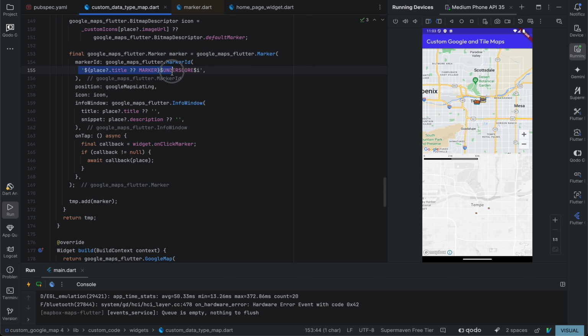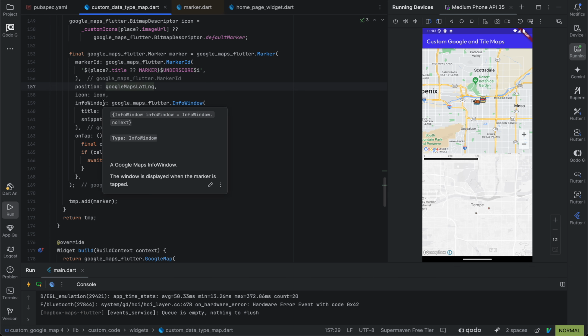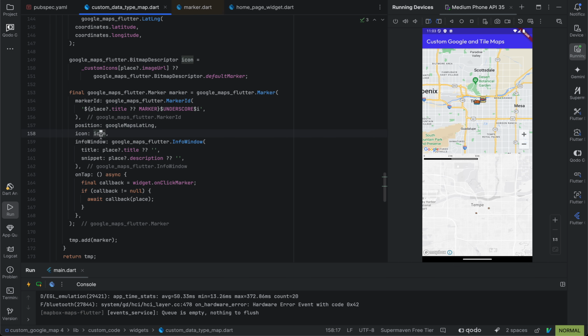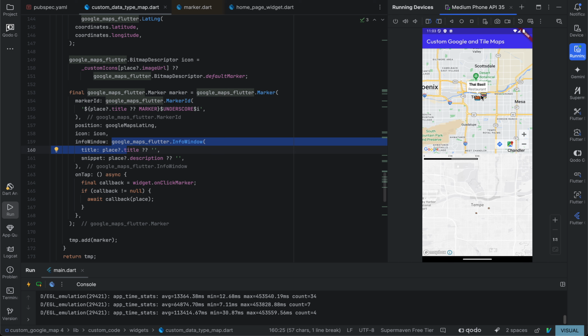And then here we're creating the marker object. So we have a marker ID with the title. If the title's empty, we'll just put marker, then underscore index. And we have the lat long, that's the object we created. The icon, of course, we just set here. The info window is what shows the title and description whenever you click on an icon. If those are null, we'll set those empty. And then onTap,